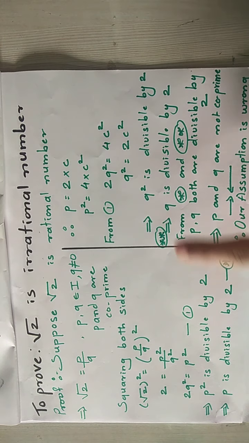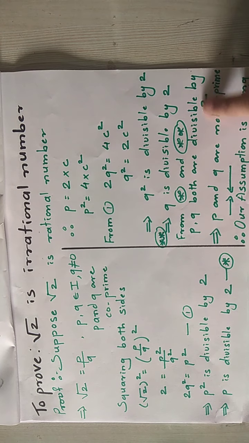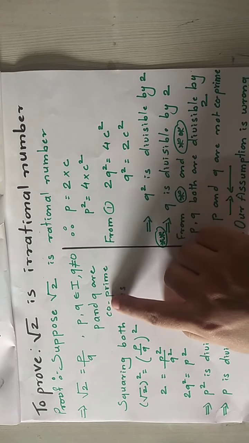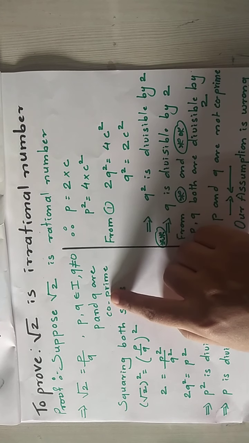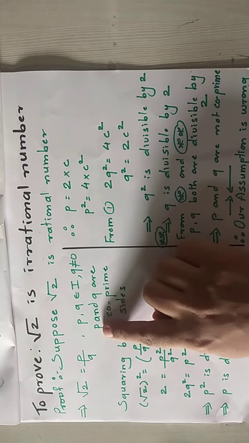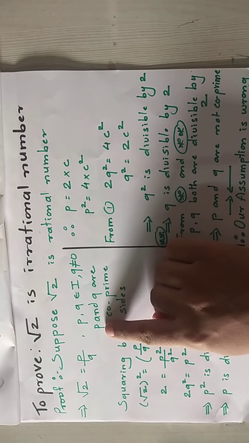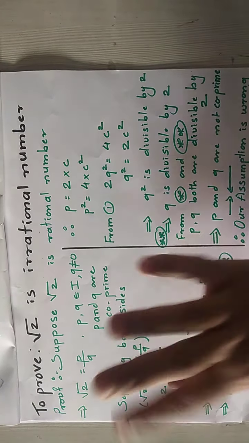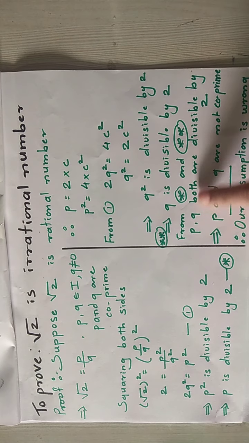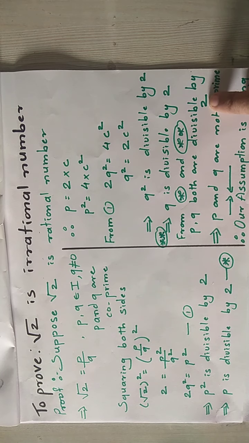That means p and q both are going in the table of 2. If both are going in the table of 2, when we wrote the definition, there we have written that p and q are co-prime. They are not supposed to go in the same table, or they are not supposed to go in each other's table. P is not supposed to go in the q table, or q is not supposed to go in the p table. Or p and q together are not supposed to go in the same number. But here we are getting that p and q both are divisible by 2. That means both are going in the table of 2.